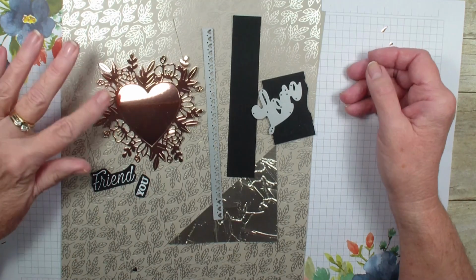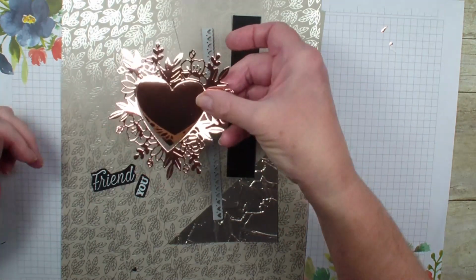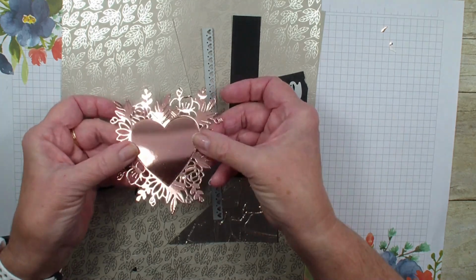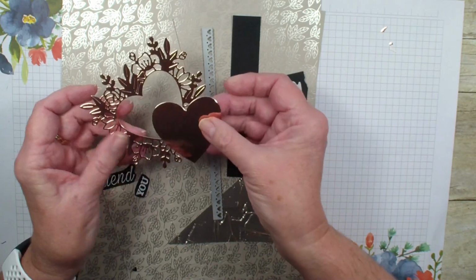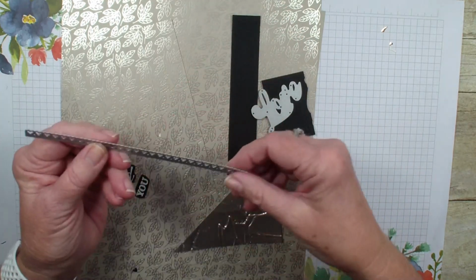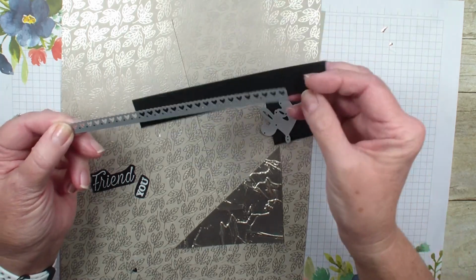First, I have the Love You Always foil paper. Just love the shine of this paper. I have used the floral heart dies to cut this heart out, and so you actually get two pieces with that die so that you can use it on another card. That heart dies also come with a long border heart, and we're going to use that with this piece of